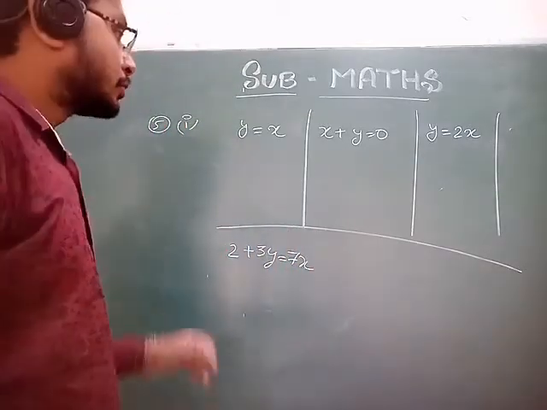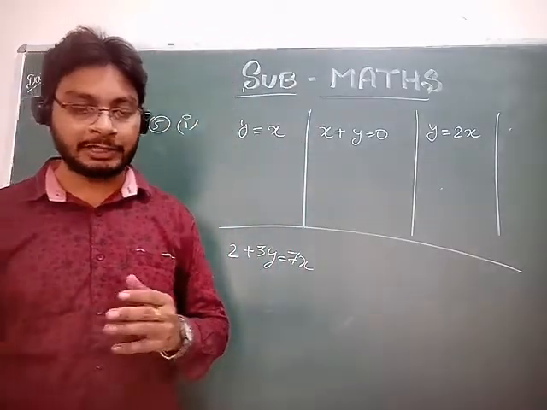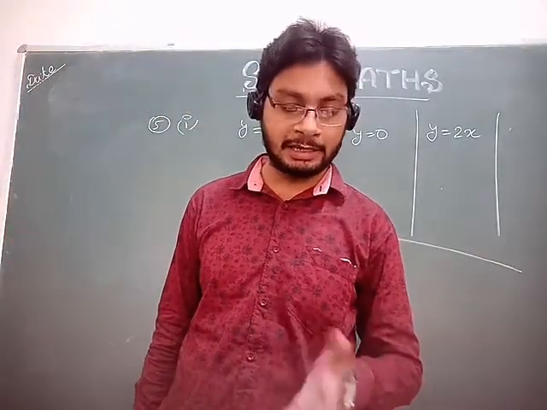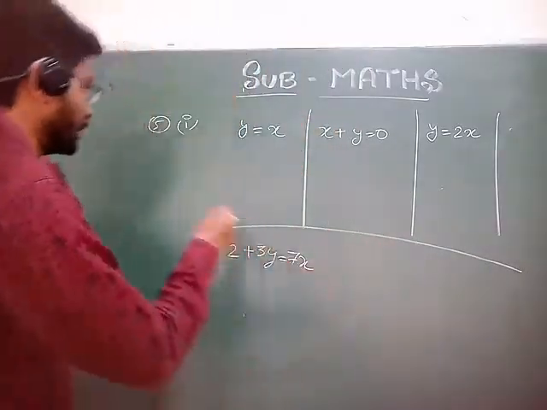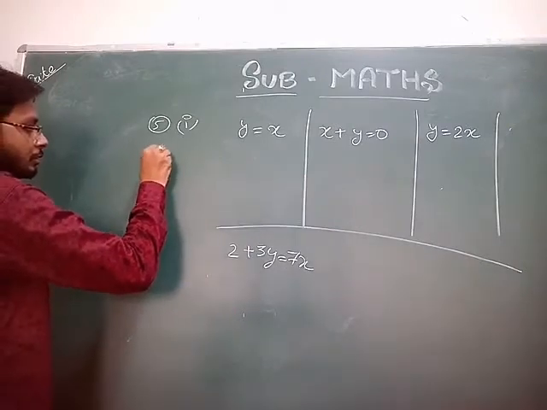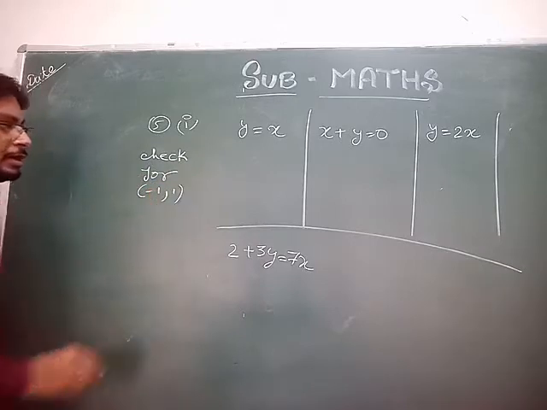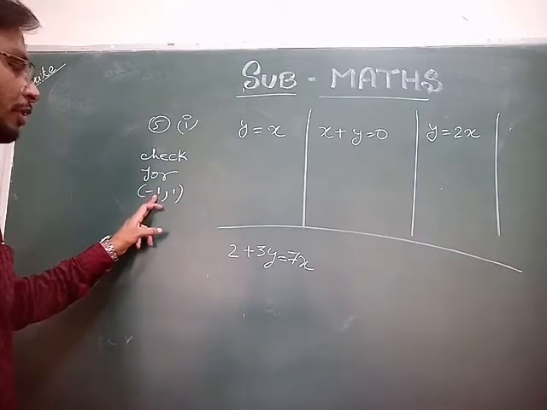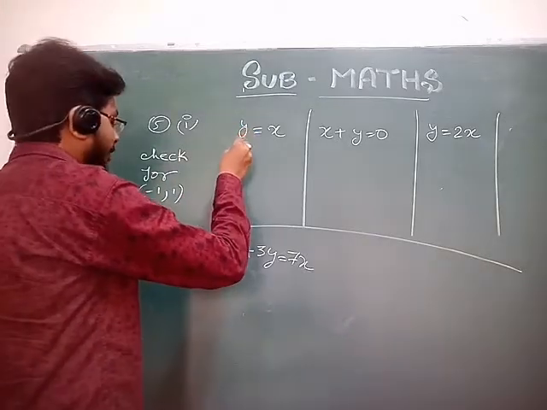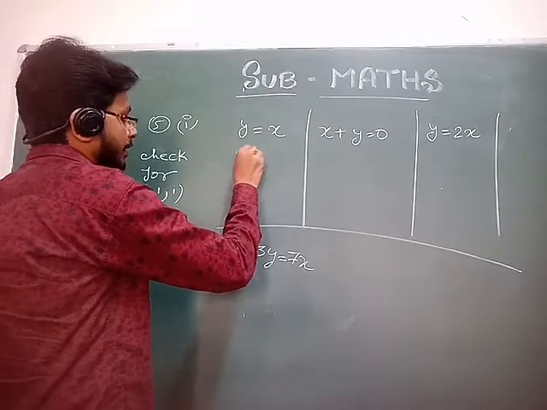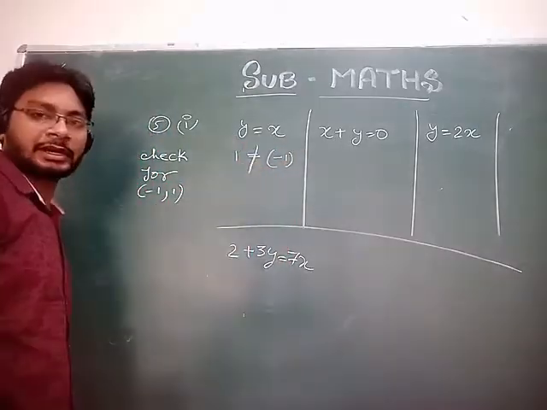Okay, so here you can see 3 points lie on the graph. First one is (-1, 1), then second (0, 0) and (1, -1). So first check for (-1, 1). यहाँ पे you can see the value of x is -1 and the value of y is 1. So you will put in the place of y 1 and in the place of x -1. Are they equal? No. So this is not a correct answer.